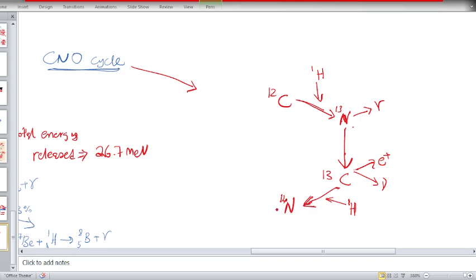Okay. And this nitrogen 14 will interact with another proton. And that will give you oxygen and gamma particles. So this is oxygen, and along with this, it will release one gamma particle. This is oxygen 15, and this oxygen 15 will